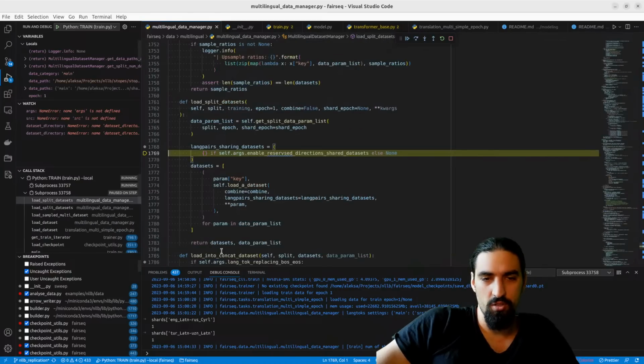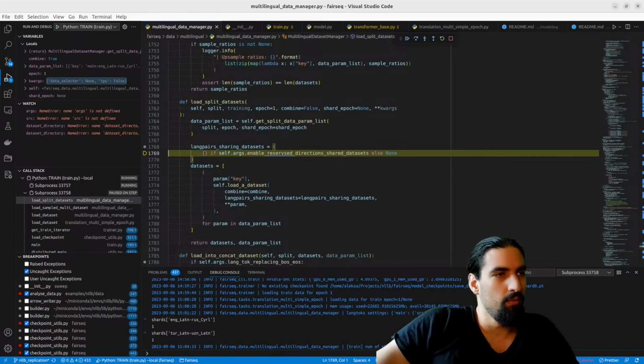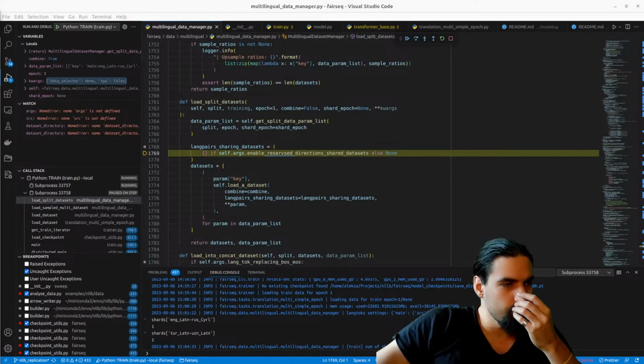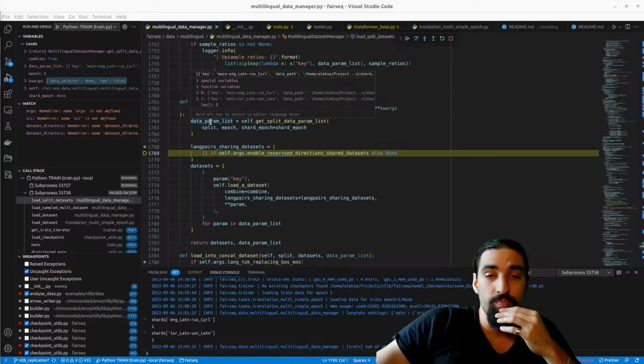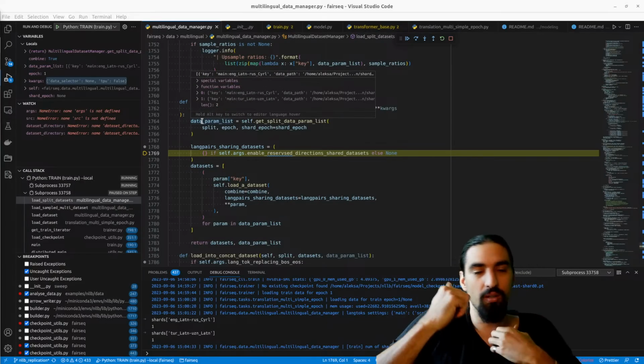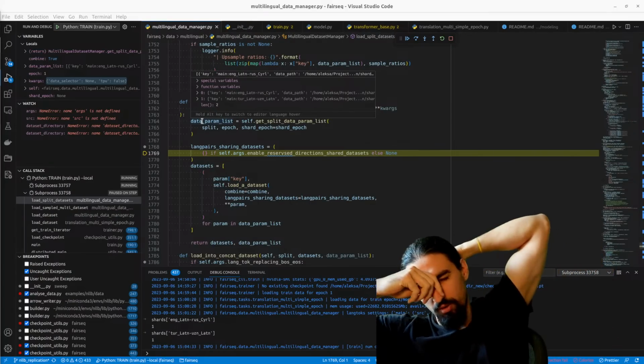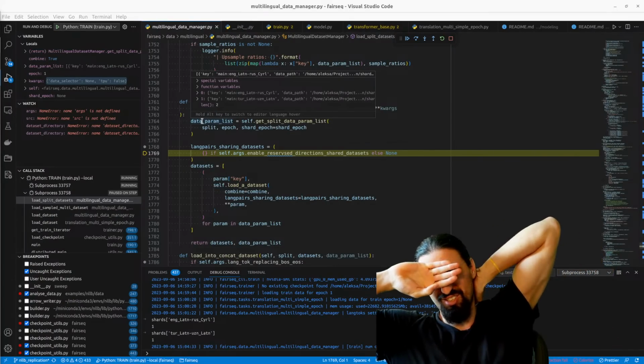Okay, we can now just exit here. This is now clear. So that's how language pairs play a role, and that's how we end up with just a single shard.